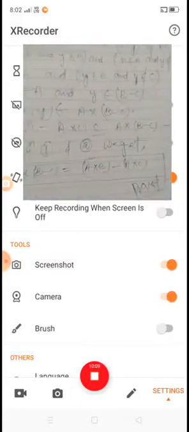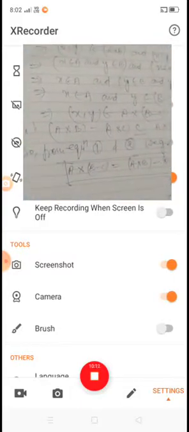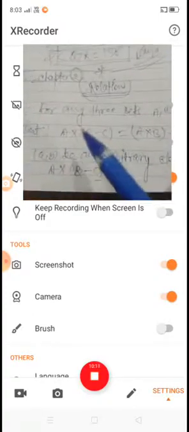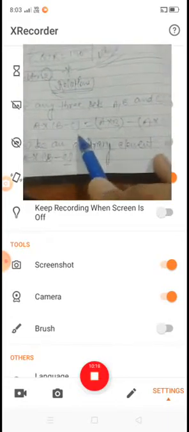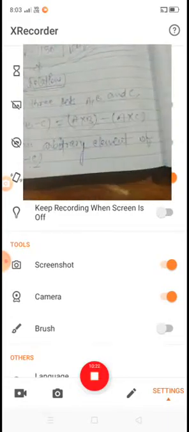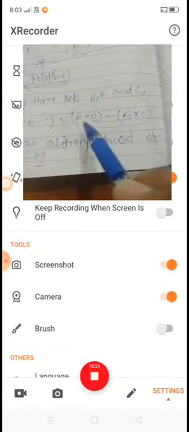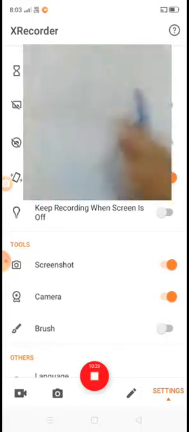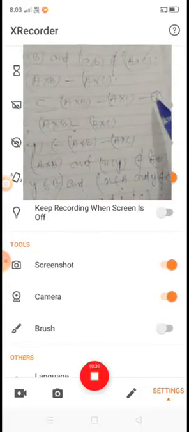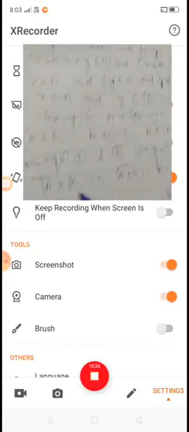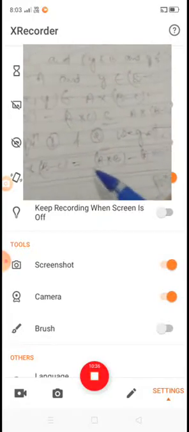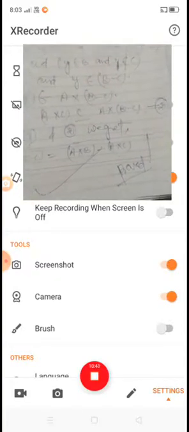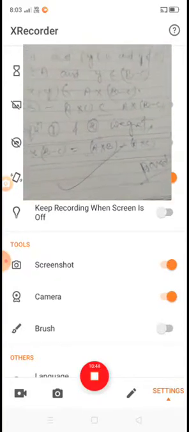Dear students, we prove this type of theorem in this way. First of all, we have to show that A cross (B minus C) is a subset of (A cross B) minus (A cross C). Further we have to show that (A cross B) minus (A cross C) is a subset of A cross (B minus C). Now from the two results we can say that A cross (B minus C) is equal to (A cross B) minus (A cross C). In this way we proved this type of result.